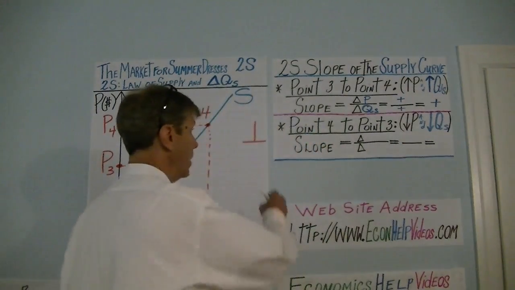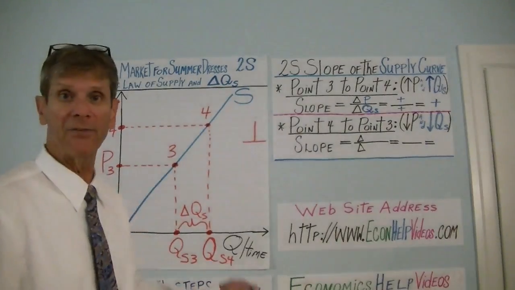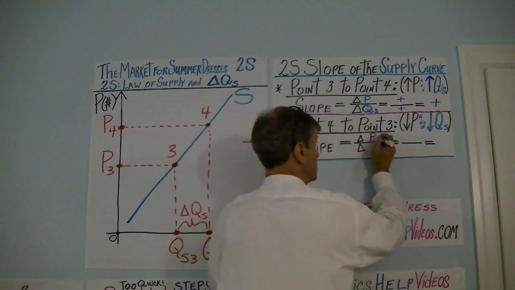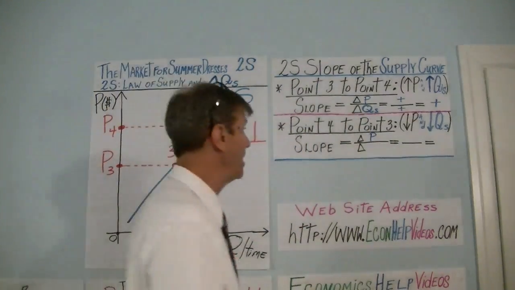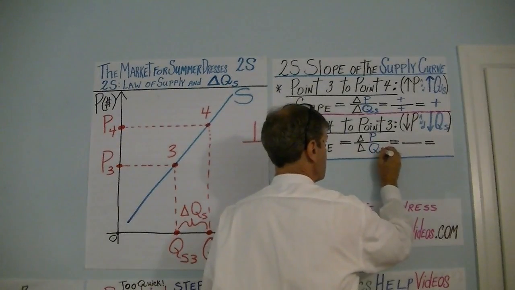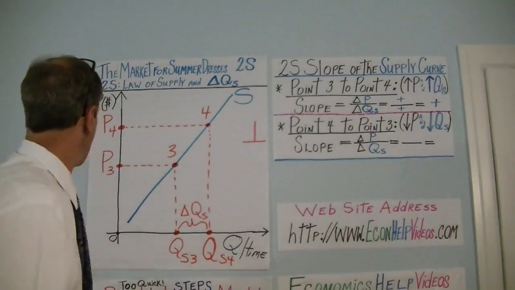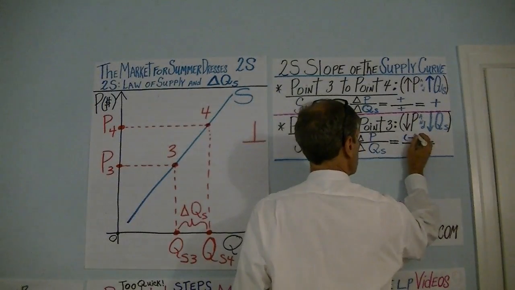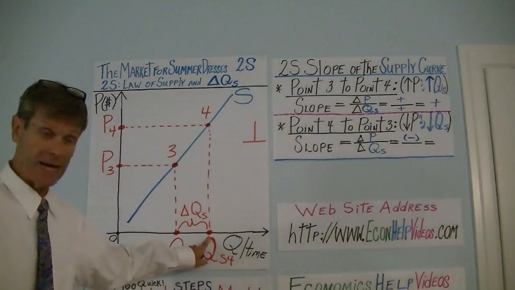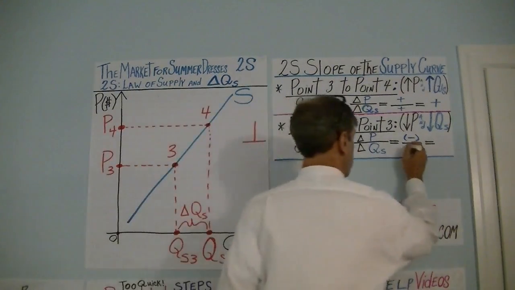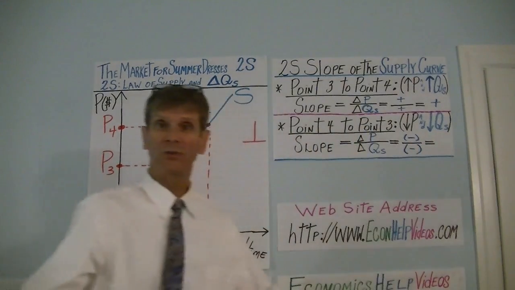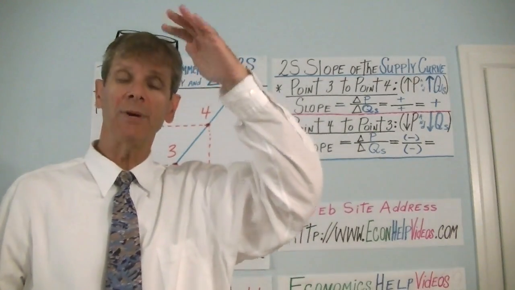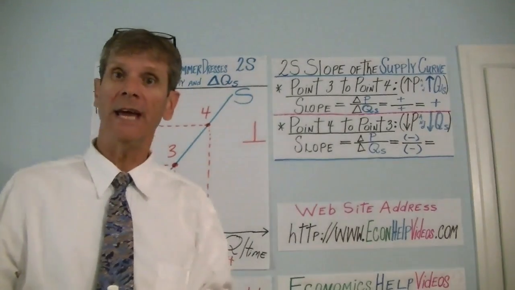goes down. So once again, when we look at slope, not in the math world, but in the demand and supply model world, we want to look at the change in price over the change in quantity supply for the slope of a supply curve. If price goes down, that's a negative change, right? And if quantity supply also goes down, that's a negative change. And then what's the rule from math? If you have a fraction where both the numerator, the top, and the bottom, the denominator, are both negative, that